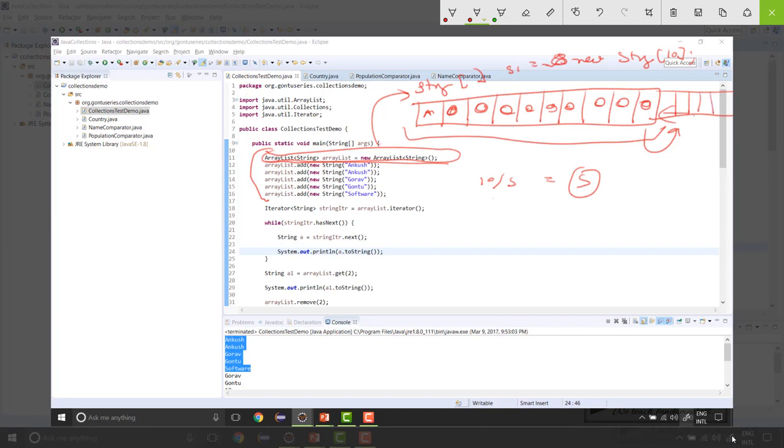So now the 11th element it's going to add here, the 12th element it's going to add here. As soon as it reaches the end, it again checks the capacity. So what's the current capacity? 10 plus 5, 15. So it's going to take half of that, and based on whatever result it gets, it's going to add additional capacity. So the 16th element it's going to add there, then it will go on. So as you reach the end of the ArrayList capacity, it's going to grow by 50% of